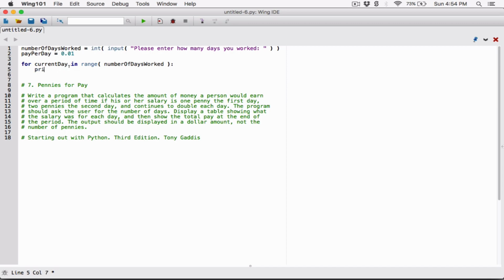Well, before printing, let's calculate the pennies they made for that day. So I'm going to create a variable. I'm going to call it pennies for day. I can name it pennies for the day. It's fine. Pennies for the day is now going to be equal to, now the question said that